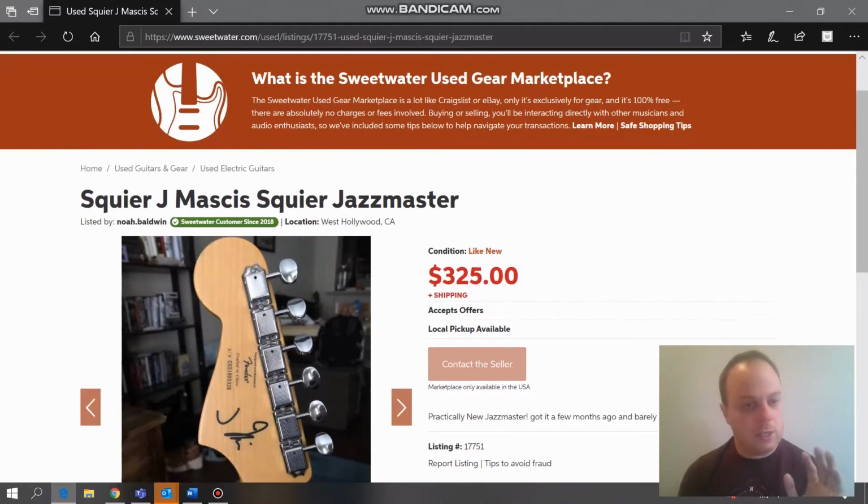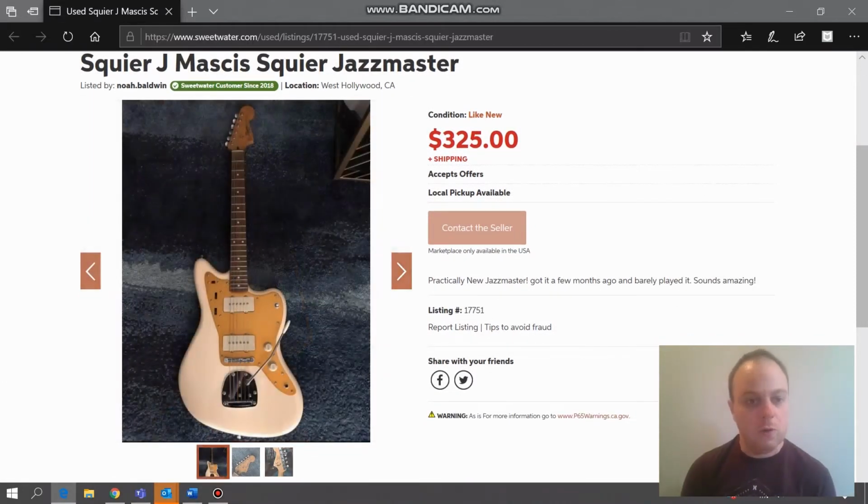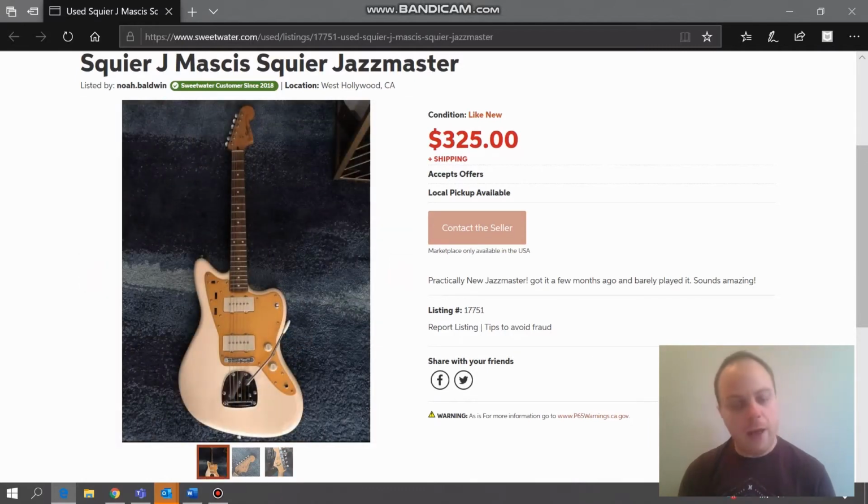Right now we're looking at this Squier J Mascis Jazzmaster. J Mascis from the classic rock band Dinosaur Jr., so you're going to be able to get some cool fuzzy grunge tones out of this guitar, and at $325 I think it's just a killer deal and you can't really